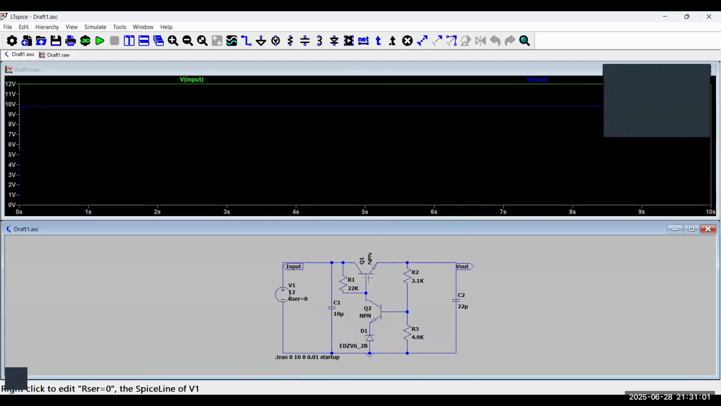So when we provide the linear supply, we get a linear output voltage with a small voltage difference like this. So I have the simulation for